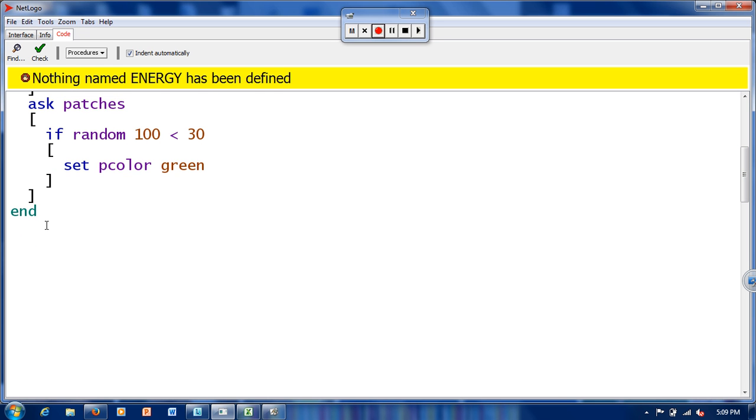All right, let's do our walk procedure, or our go procedure. So this one is going to have 2 procedures, a go and a walk. To go, we're going to ask the turtles to do a different procedure, which we're going to write, called walk. And this way we can make just one button that says go, but it will make them go and it will make them walk. Okay? So we're asking them to walk, and we're asking the patches